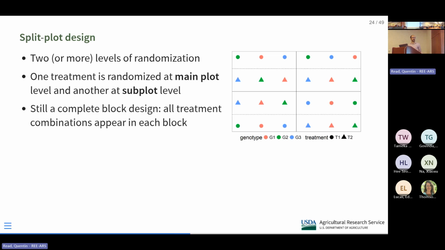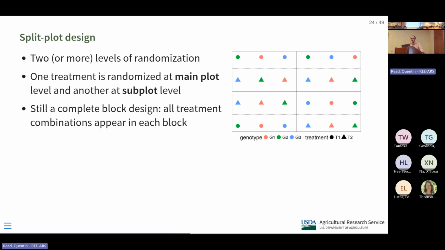That can actually have more statistical power for certain questions, especially if you're trying to look at an interaction between 2 treatments. It can have more statistical power than a randomized complete block design. There are examples in clinical trials that would be equivalent to a split plot. I'm trying to think of an example.